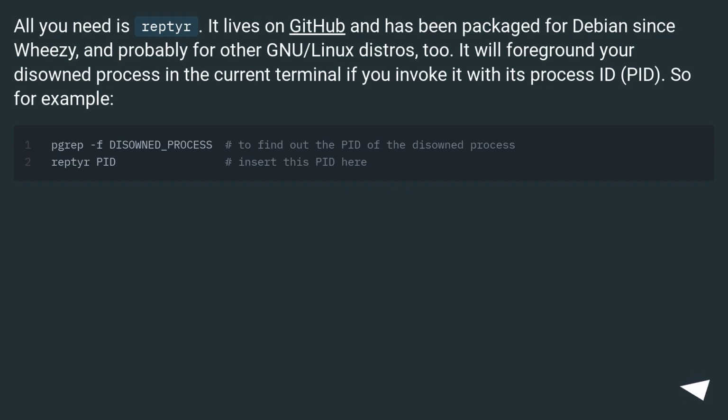All you need is Reptyr. It lives on GitHub and has been packaged for Debian since Wheezy, and probably for other Linux distros, too. It will foreground your disowned process in the current terminal if you invoke it with its process id, pid. So for example,